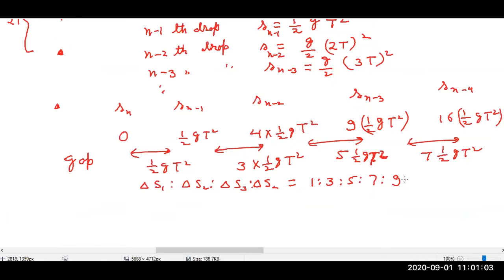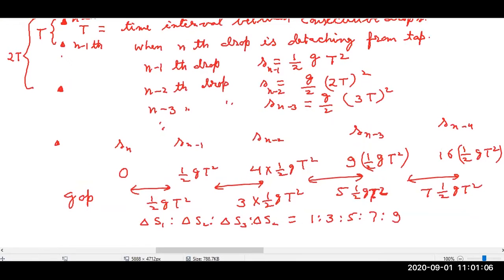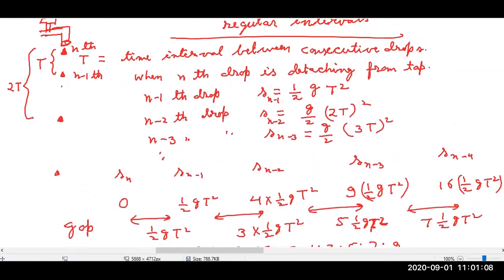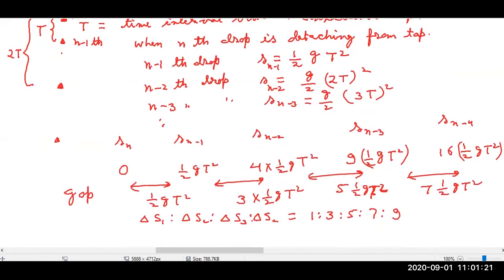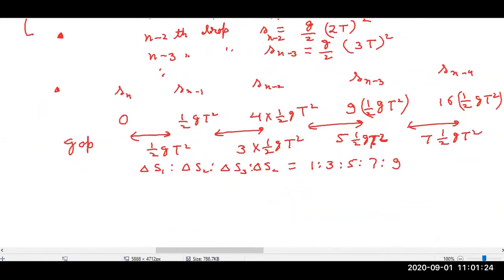So the gaps between consecutive drops are in the ratio 1:3:5:7:9. If the first gap is 1, the next gap will be 3 times the first gap, then the next will have 5 times the first gap. So like this we can understand it. And if you are given the time also, suppose 1 second, you can find the exact value also. If I'm giving an example, if t is given as 1 second,